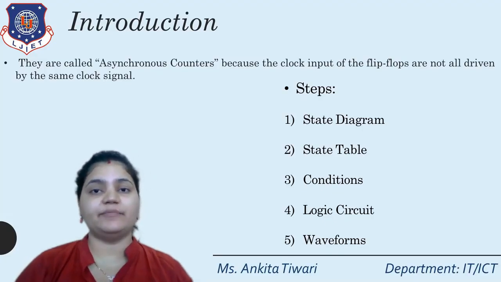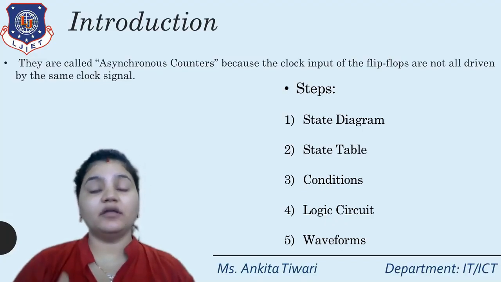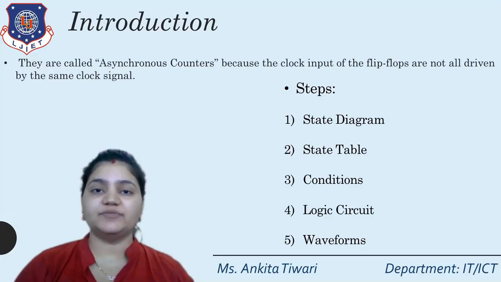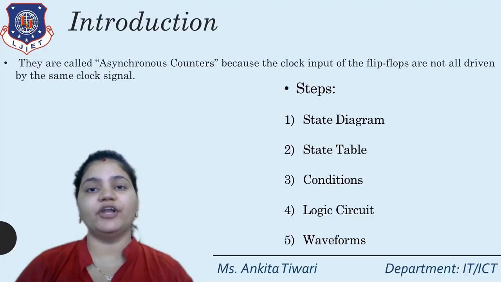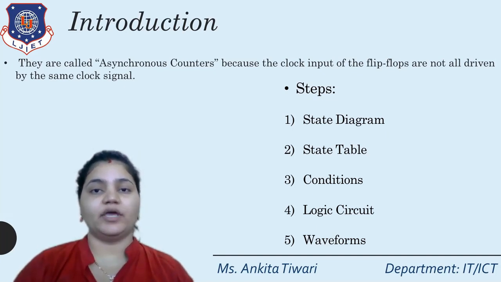Based on that, the fourth step is logic circuit. The logic circuit is defined with respect to the conditions that we got in the third step. So depending on the condition, the circuit will be defined. We need not find out the inputs. We just have to find out the triggering that changes the present to next state. The last step that we are having is waveforms. Now, waveforms represent the clock signals with respect to clock, that is positive transition or negative transition, positive going or negative going. We need to find out the changes in the output that we are having with respect to bit. Okay, so this is what asynchronous counters representation with steps.